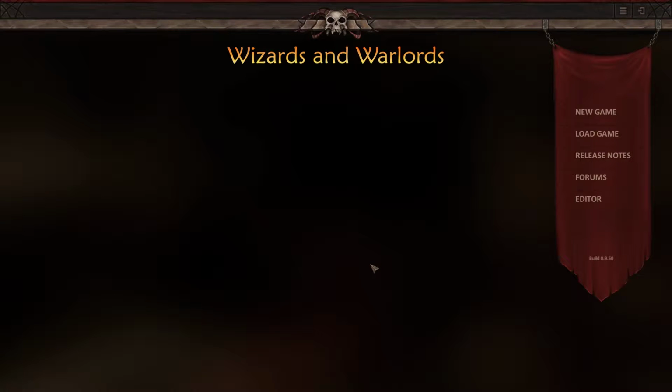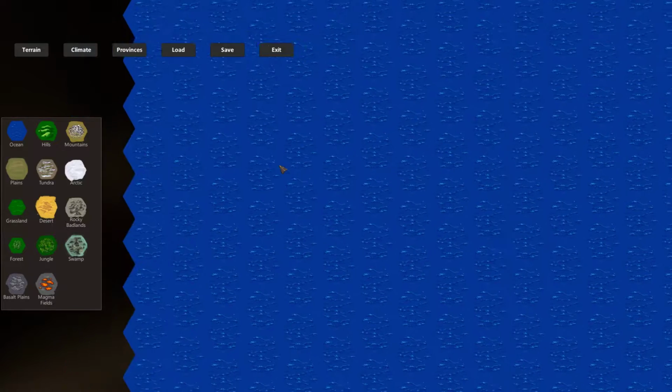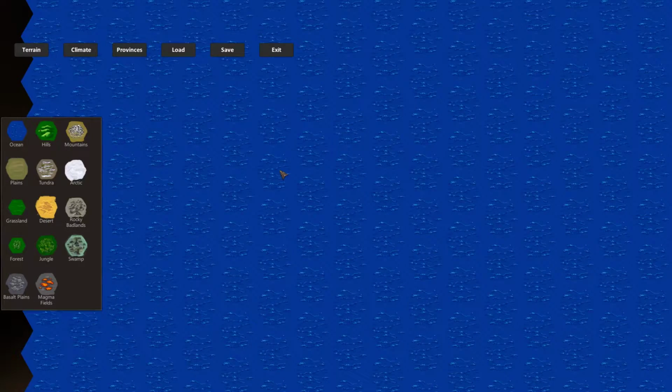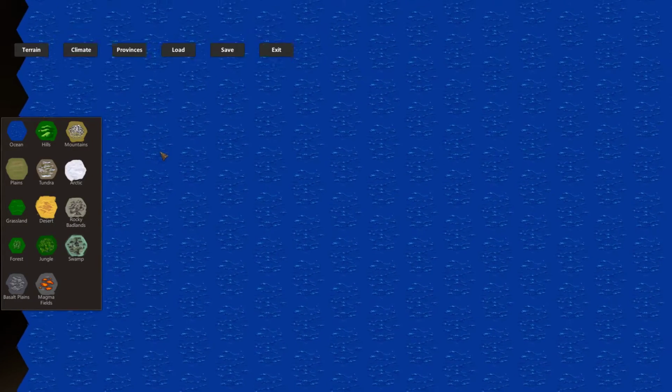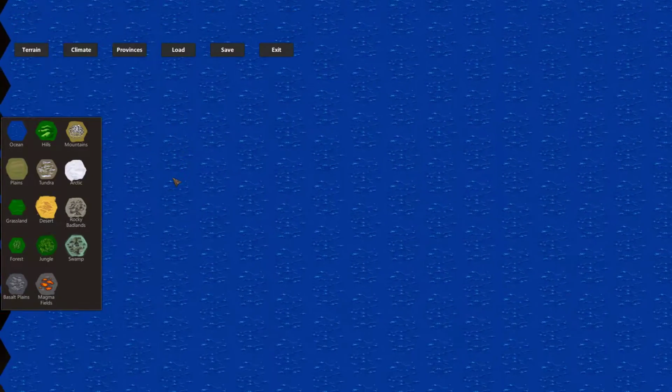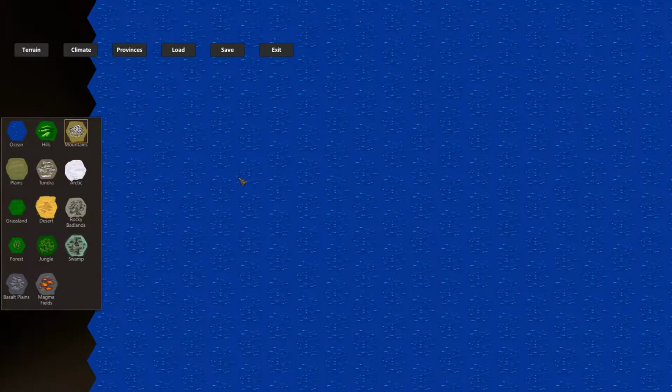Hello, today I am going to show you the Wizards and Warlords editor. It's still work in progress, so bear with me with the graphics. They're still pretty rough and they don't look anything like the final result is going to look. Right, so what you can do in this editor is that you can create your own custom maps for the